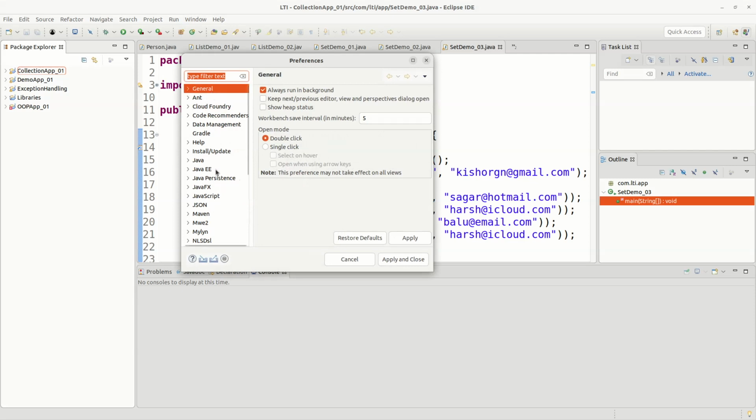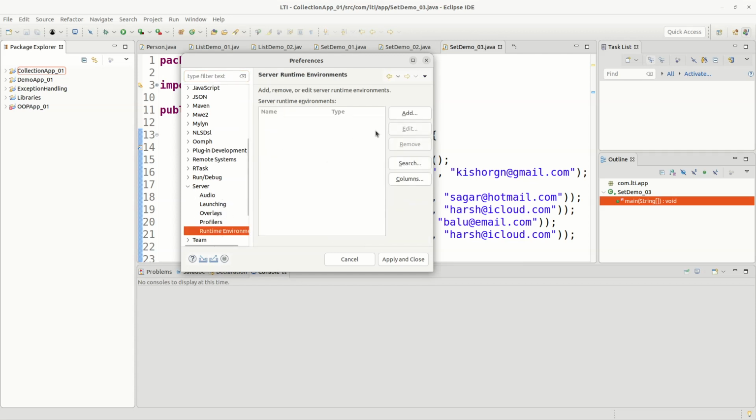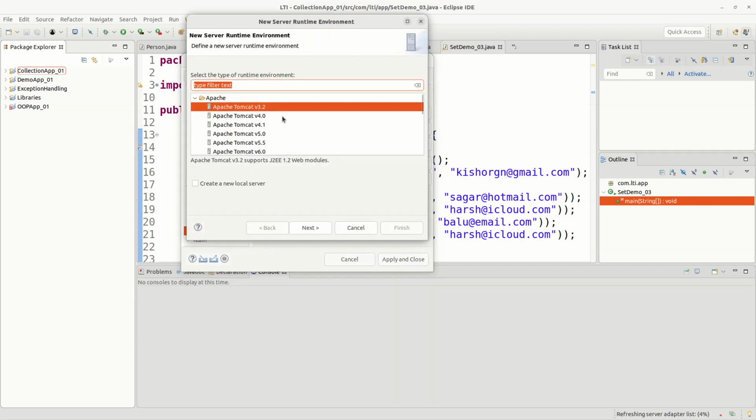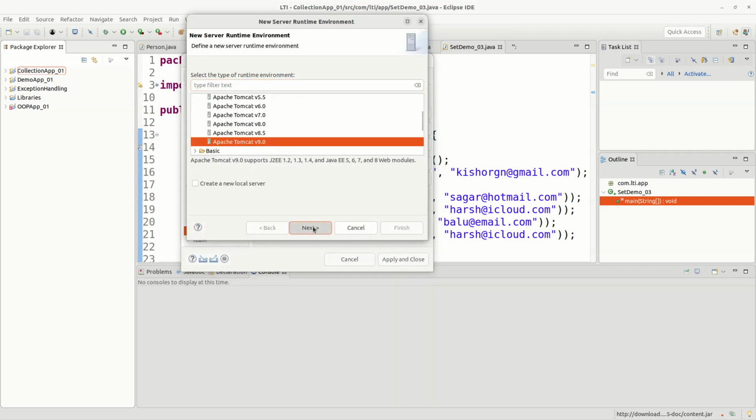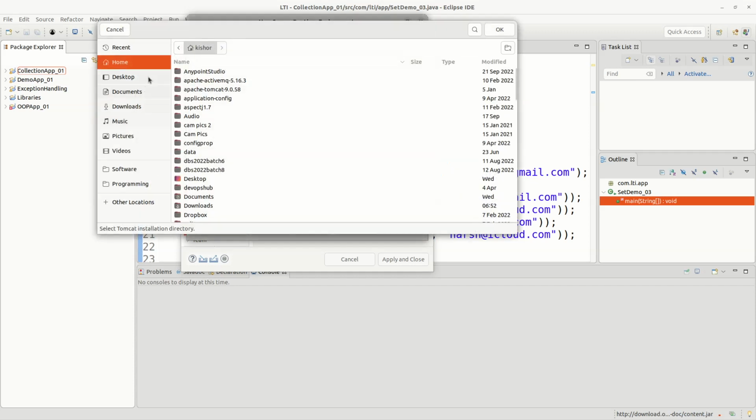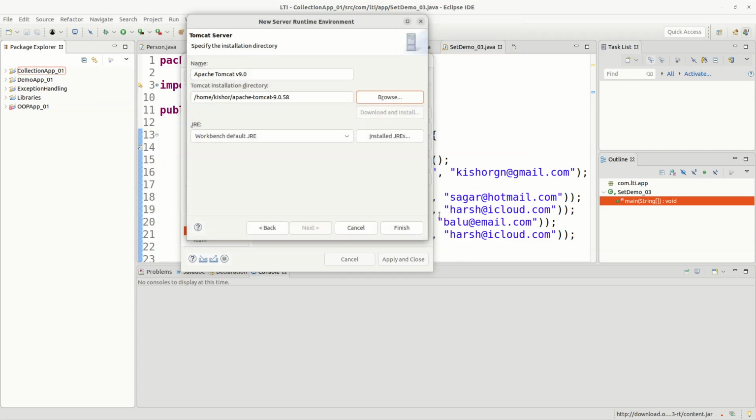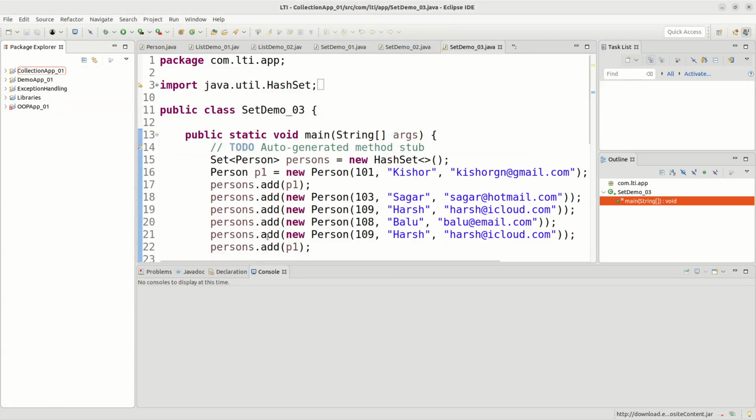From Preferences, you can find Server. Expand Server, then you can find Runtime Environment. In this Runtime Environment, you need to add Apache Tomcat 9.0. Next, where you have Tomcat in user home, Apache Tomcat 9.0, you have to add this. Otherwise, here